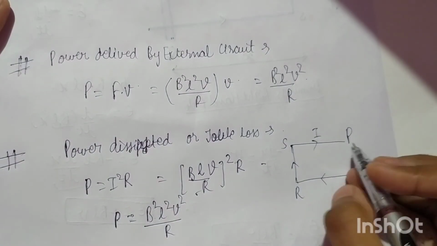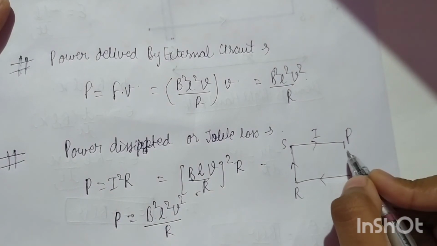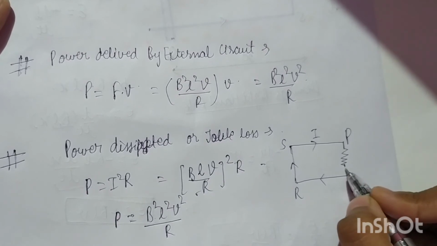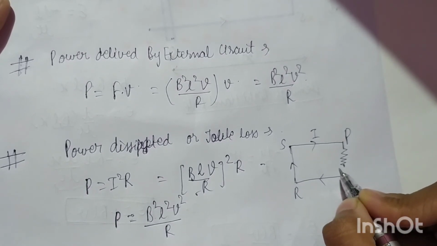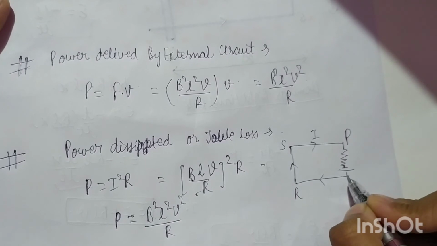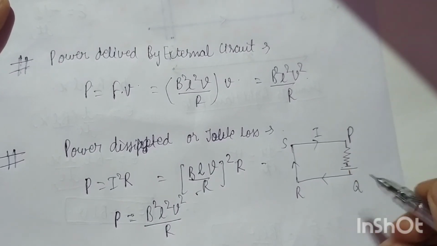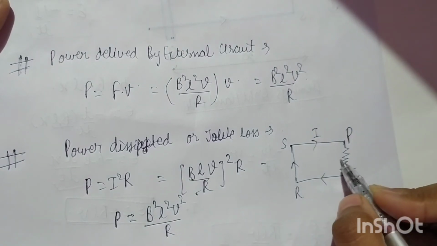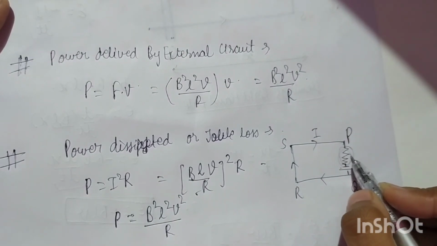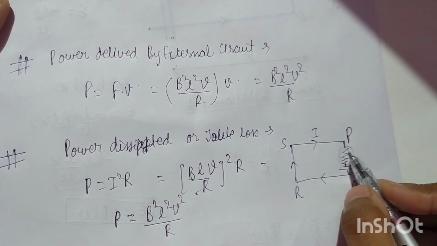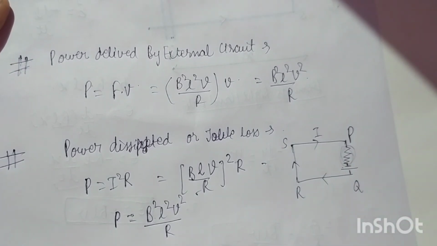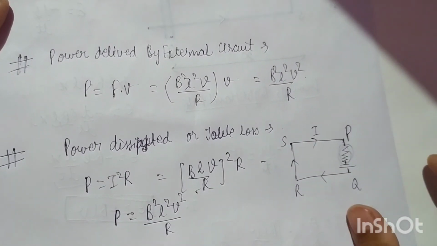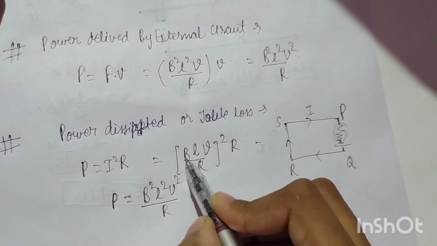So we can consider this movable arm as a combination of resistance, and also some current is flowing through this, so there must be a battery type of thing. This is how we can consider this movable arm. Why? Because it also has some resistance. This is the main reason we have power loss, because there is some resistance in the moving arm. We can use this equivalent to try to understand it.